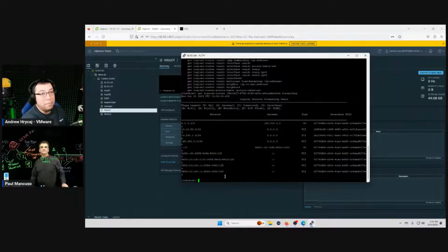Now that we had a VM that was instantiated on this and now participating and living on a segment that's on a tier 1, this host now has all that information and it knows what to do. And if it needs to go out to another host, it can do all the local routing and then it'll use its TEP and take it over either to the edge or another ESXi host where that traffic lives. Isn't that cool? Yeah, that's super cool